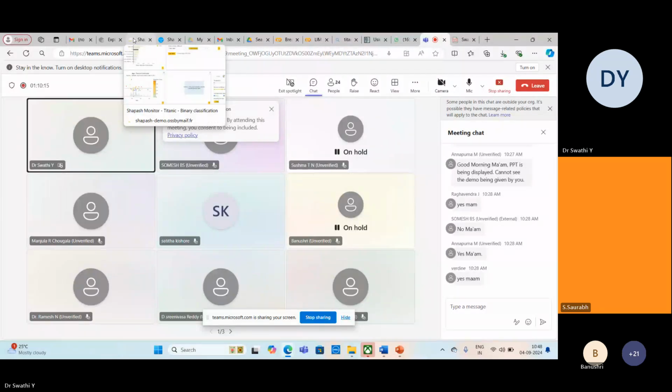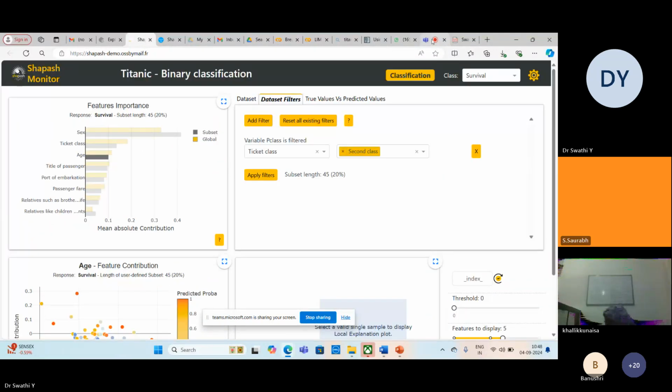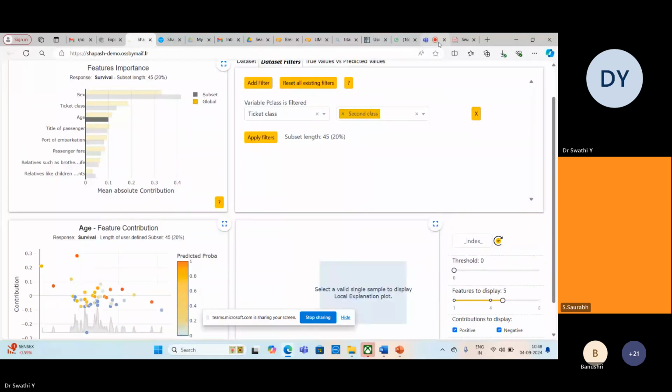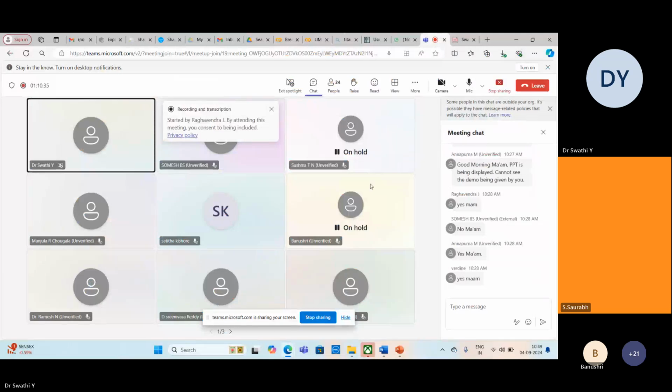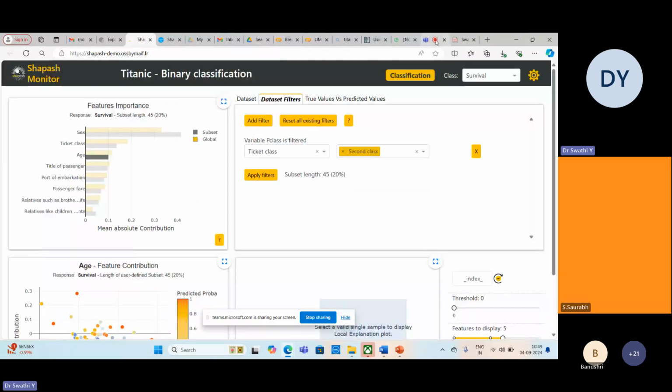Screen is visible, right? The screen is visible. Can someone say yes or no?